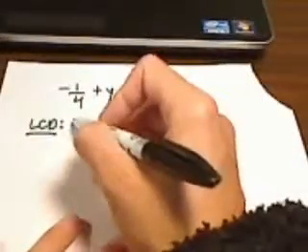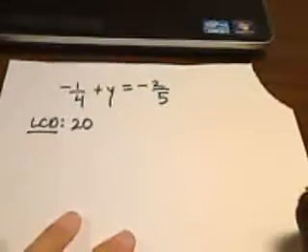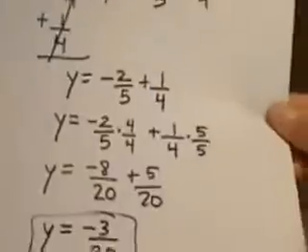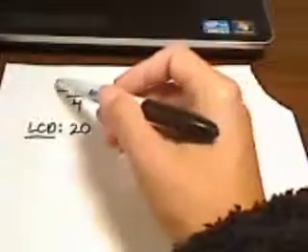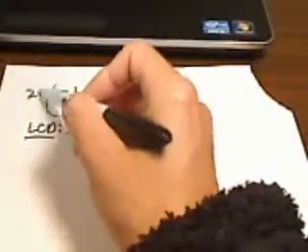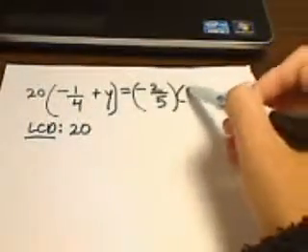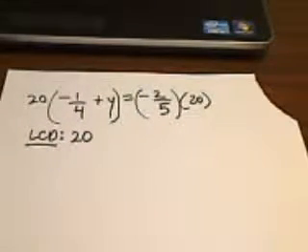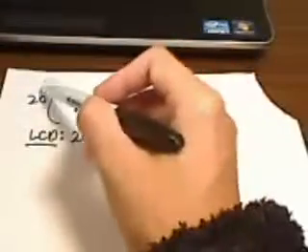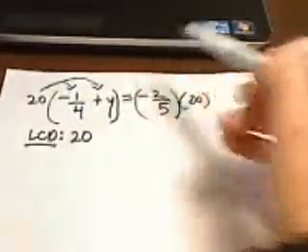So the LCD is 20. And then, instead of trying to collect like terms and getting a common denominator like we did here, we're actually going to clear the fraction completely. The way that we're going to do that is to multiply both sides by the LCD. Now remember, you can do that because you can multiply both sides of an equation by anything you want as long as it's the same thing on both sides. So what this is going to look like is this 20 is going to multiply through,